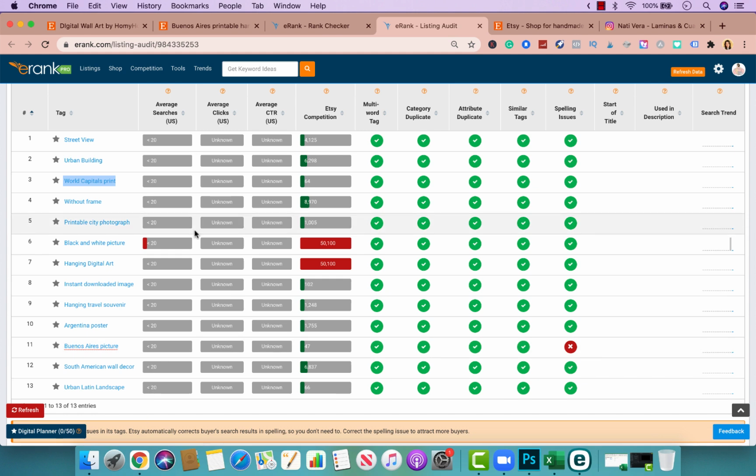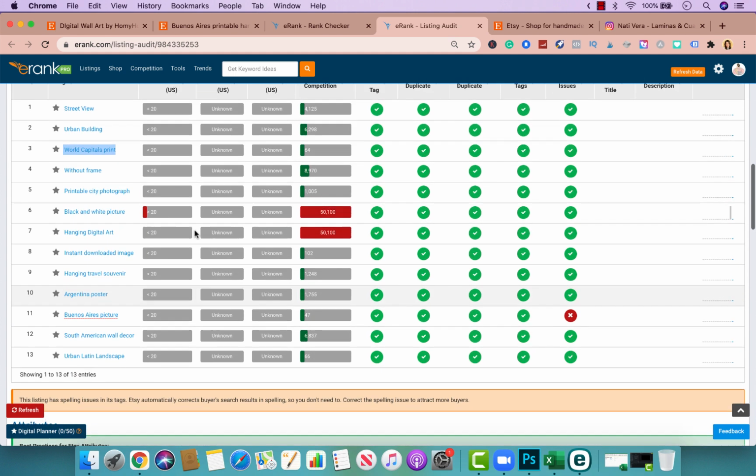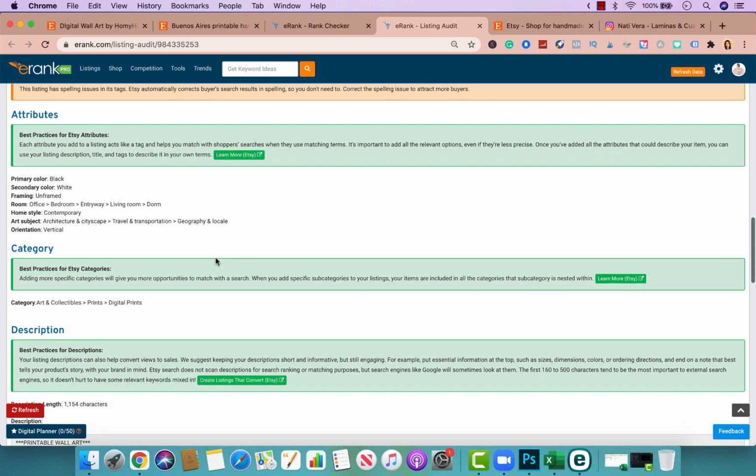On top of that, you didn't optimize your title and tags for keywords, so therefore you're not getting the traffic either. And then in addition to that, your listing description is not optimized for SEO either, so therefore you're not amplifying your reach. Let's go ahead and look at categories and attributes because they do work for Etsy SEO as